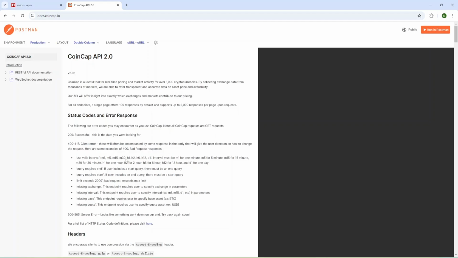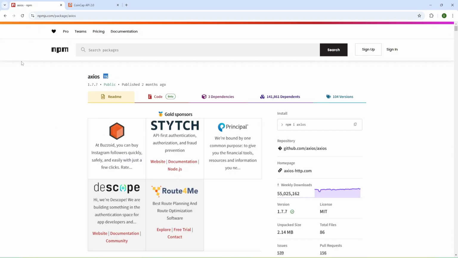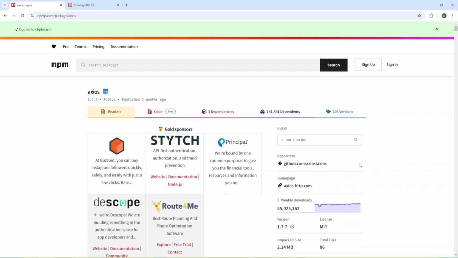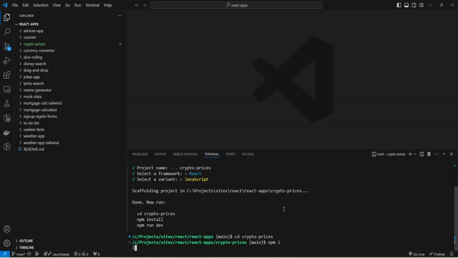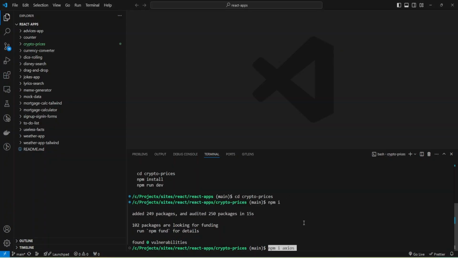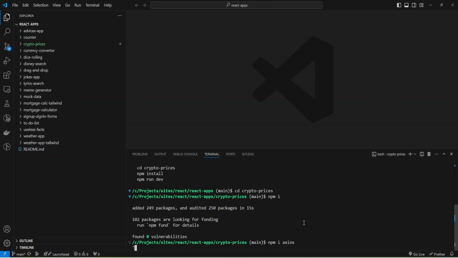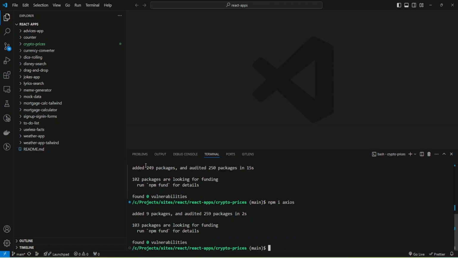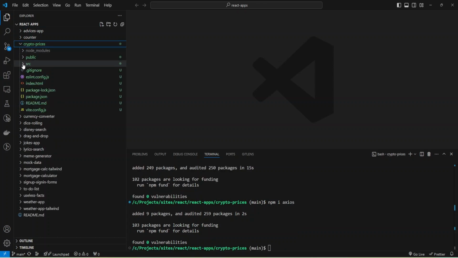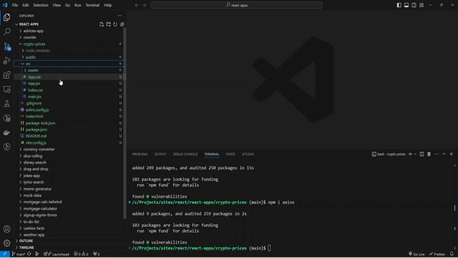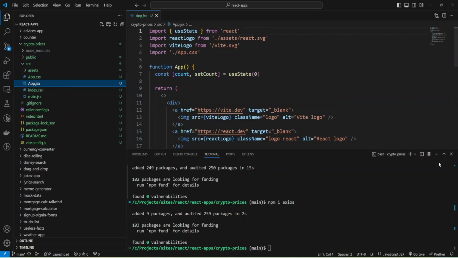And also for the project, I'm going to use Axios, so I'm going to add this dependency to my project. Okay, my Vite dependencies were installed, and now I can install Axios and open my project, source files, and open App.jsx.